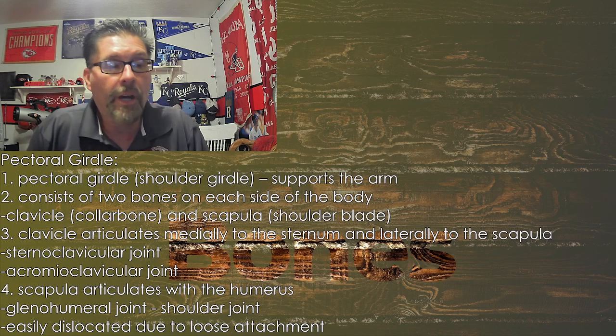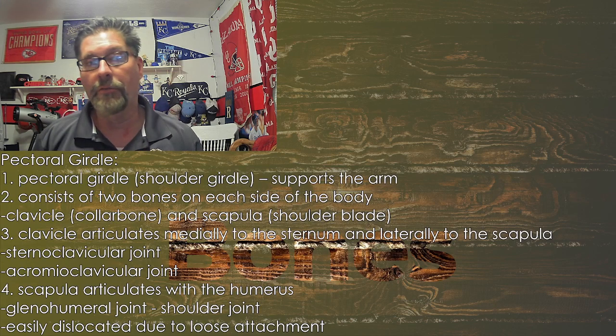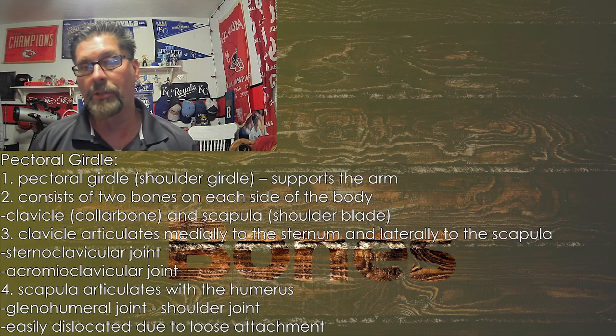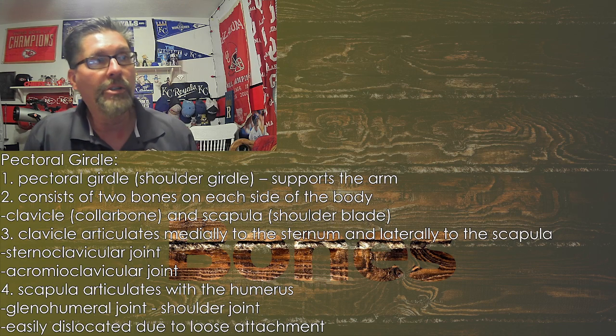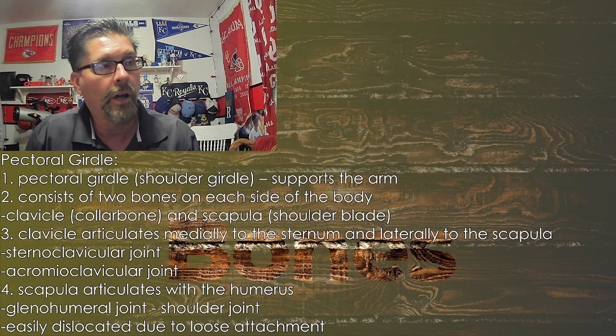All right, next up for us, we're going to be in a series of individual scenarios. The pelvic girdle. We understand the pectoral girdle. We understand the pelvic girdle and what it does,